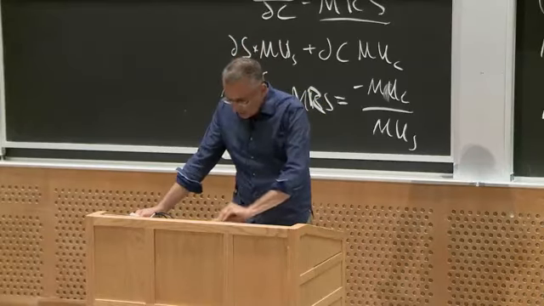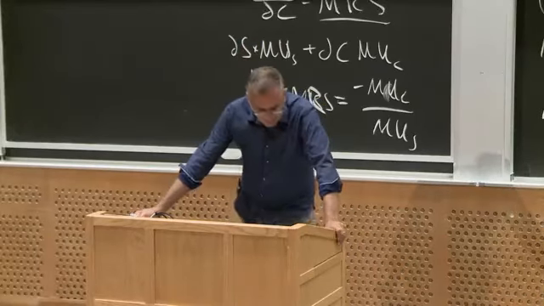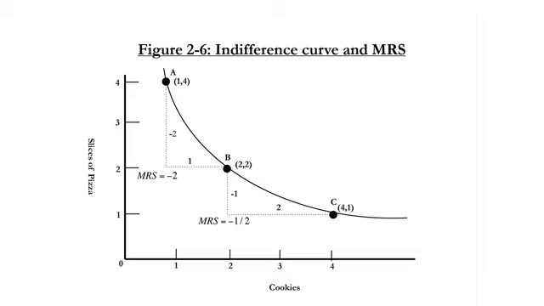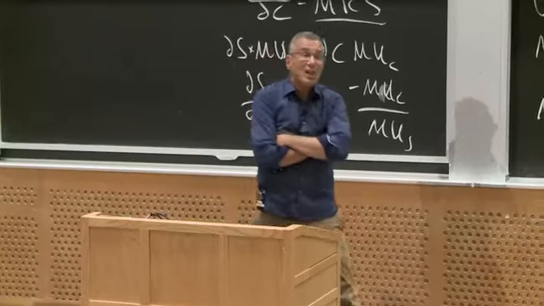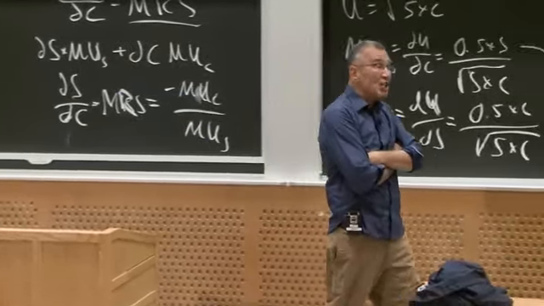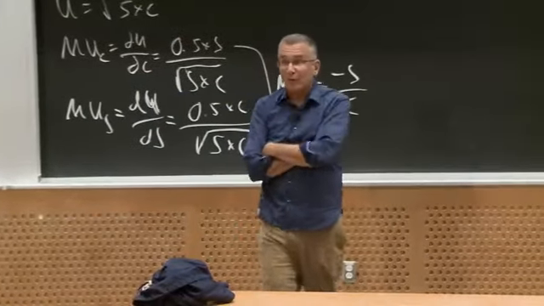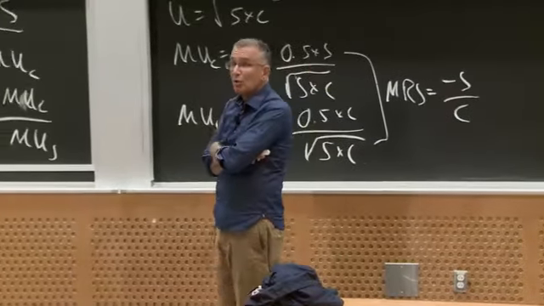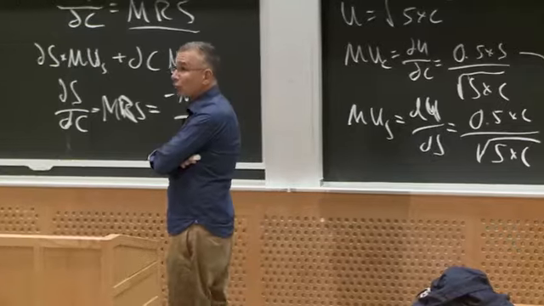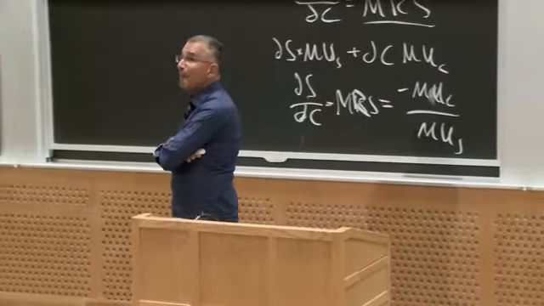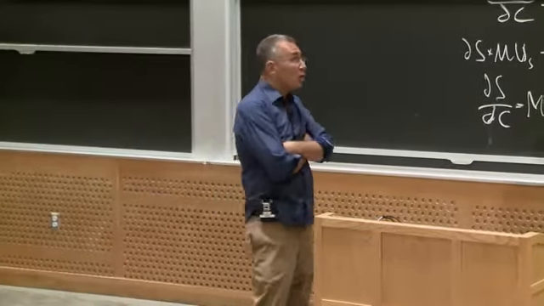So let's see this in figure 2.6. Figure 2.6 shows the indifference curve again, but now with the MRSs plotted. Remember, the indifference curve is not linear in this case, so the MRS changes along the indifference curve. So I'm giving you local approximations to the MRS at different points of the indifference curve. But it's very important to remember, this is key, because of diminishing utility, you are going to get,